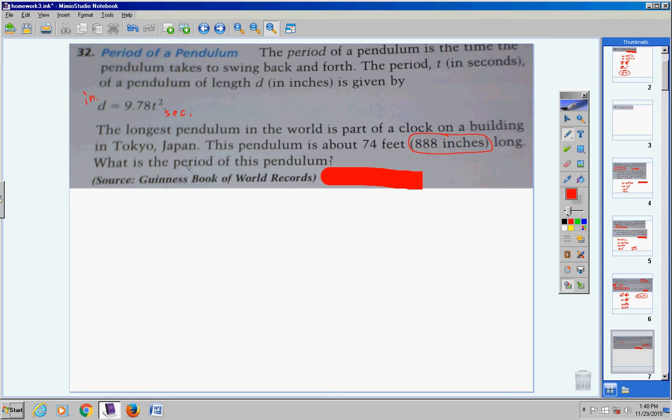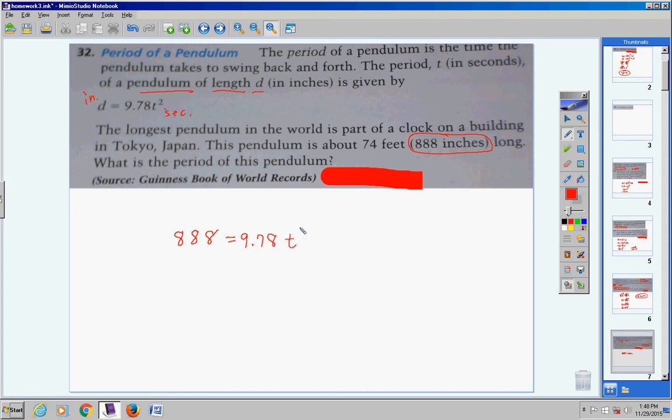Okay, no problem. I'm looking for time. Remember, the period of the pendulum is the time it takes to go back and forth. So I'm going to find how long it takes for this pendulum to swing there and back by putting in 888 for D. D stands for the length of the pendulum. T is the time. So 888 equals